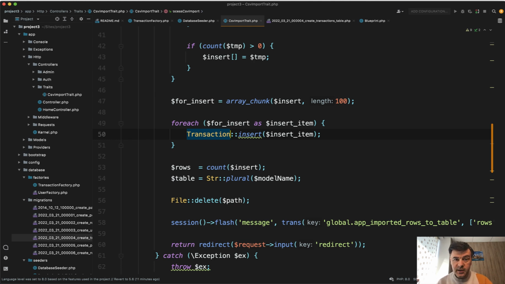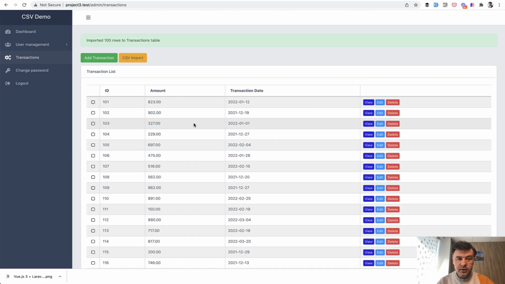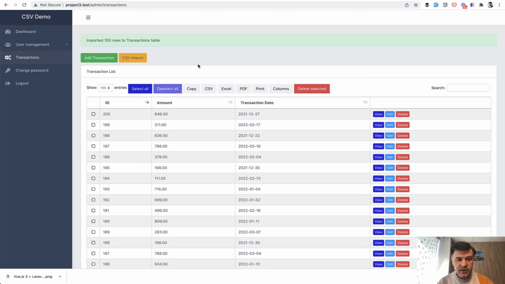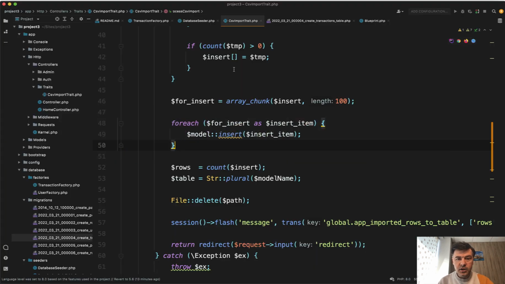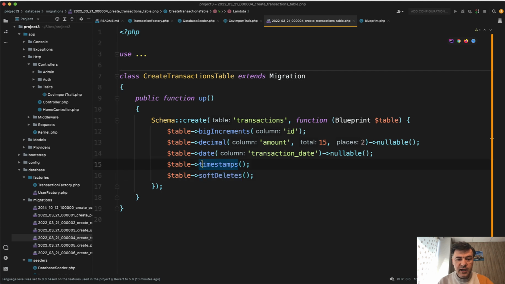Which means, for example, that timestamps will not be automatically filled in, created_at and updated_at. And that may be a problem. So I want to show you a trick in migrations, how to still use insert here, but have default values directly from the migration. So if we don't change anything, when we import the 100 rows in my CSV, and if we take a look at the database, refresh, we have transactions but without created_at and updated_at. And to change that, in the migration, in the original migration of that field of timestamps,